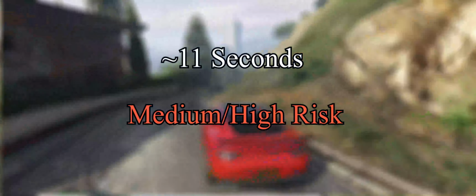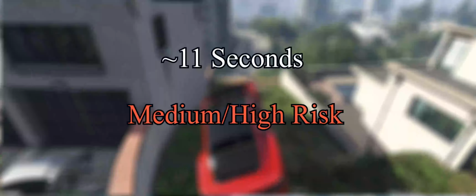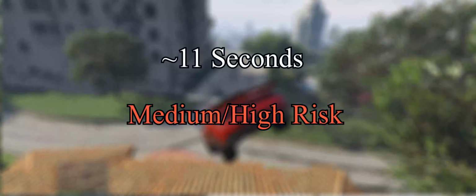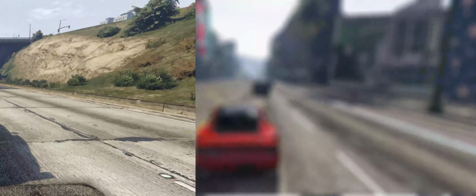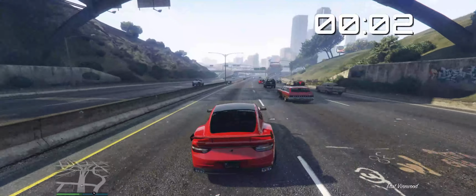But yeah, it's quite a big time save. But yeah, the medium-high risk nature is like, maybe if you practice a lot, you can get it down to a science where you can maybe do it more often. But yeah, I would not per se recommend it, but it's definitely fun. Maybe with a bike. The next shortcut was suggested by Free, and it's quite a simple one, very low risk,